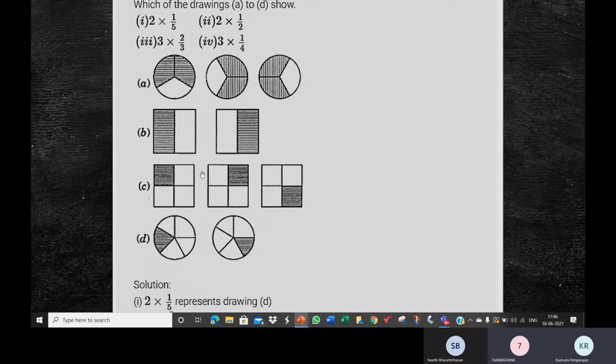All right. So we understand this? Yes, ma'am. What about this one? What's the answer for this? Ma'am, it's 3 into 1 by 4, ma'am. Very good. 3 into 1 by 4, because this is 1 by 4. This is 1 by 4. This is 1 by 4. 1 out of 4 is shaded. So 1 by 4 plus 1 by 4 plus 1 by 4 is 3 into 1 by 4. Like, children, 2 plus 2 plus 2 is 3 into 2. You're taking 2 three times. So don't you multiply? It's the same thing here. You're adding 1 by 4 three times. 3 into 1 by 4.